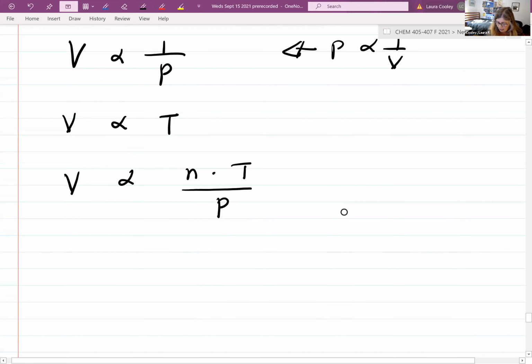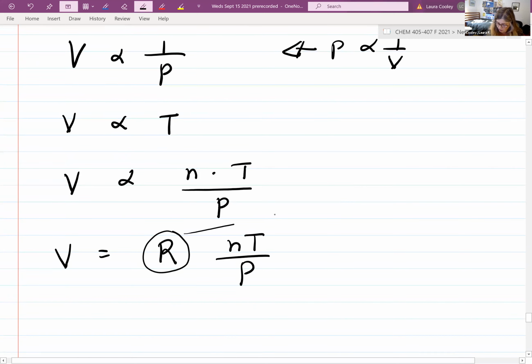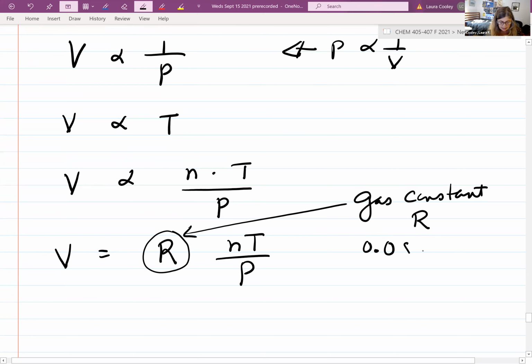And the proportionality constant is this gas constant, R, which is 0.082057 liter atmospheres per mole Kelvin,